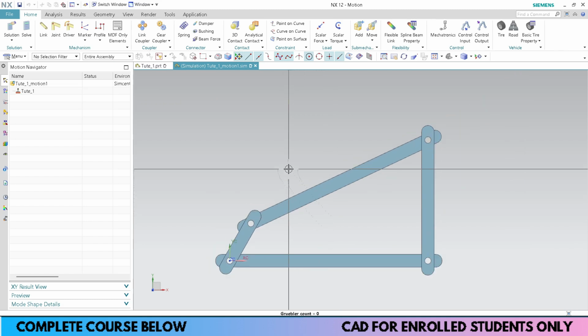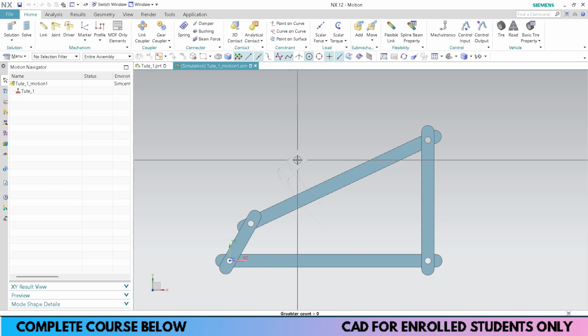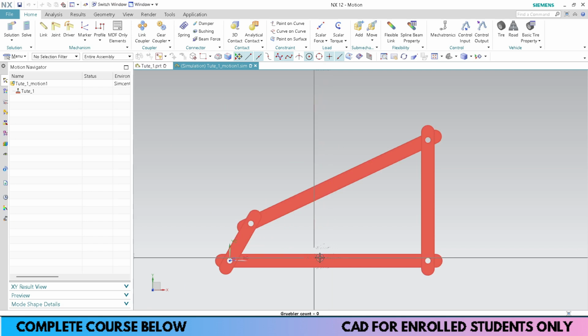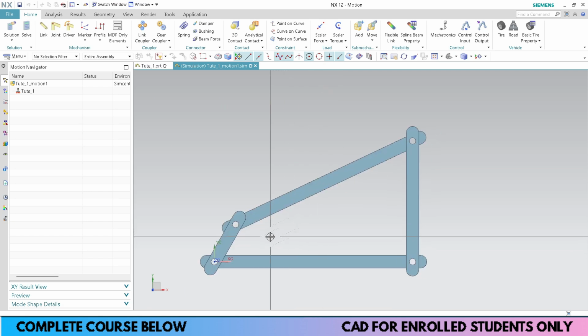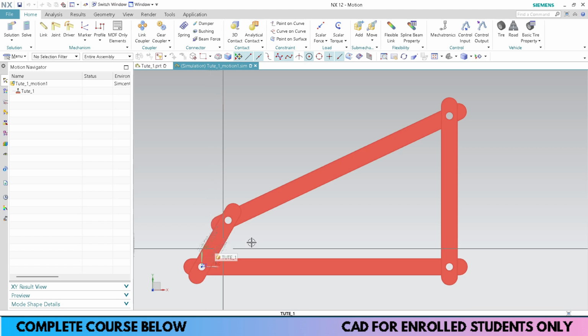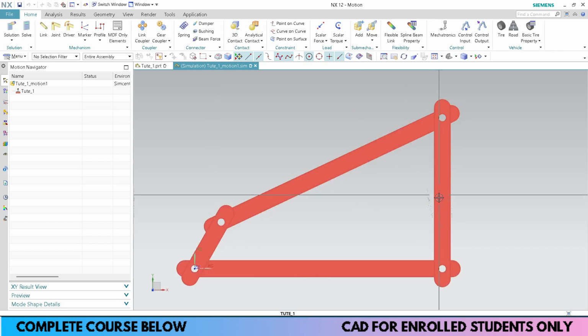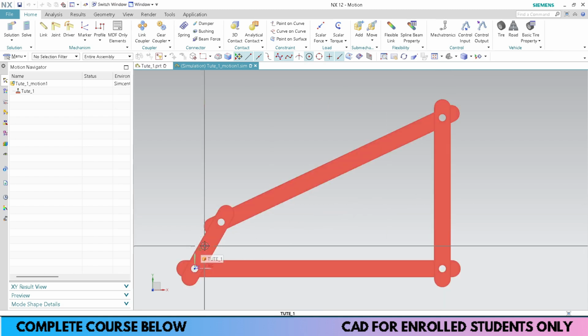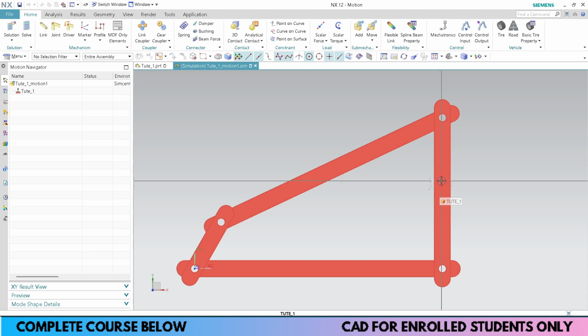So now we'll start with the designing of the links. Before designing, I'll quickly name the parts that you are seeing on screen now. This is the fixed link. This bottom link is the fixed link. This left link would be my input, also called as a driver. This right one would be my follower, also known as the output. So this is the input or driver. This is the output or follower. This is my base link or fixed link, and this would be my coupler or connecting link.